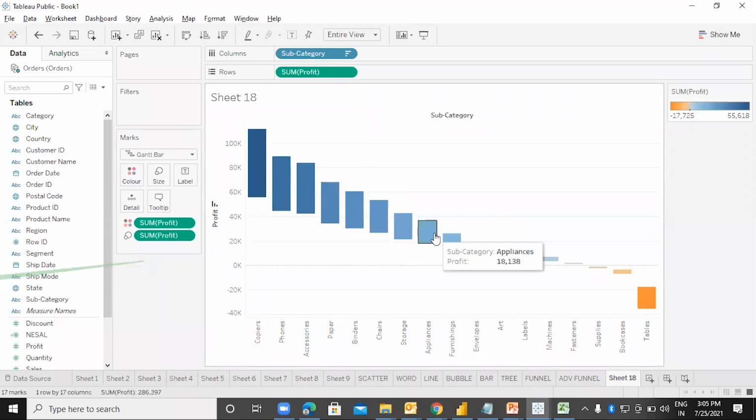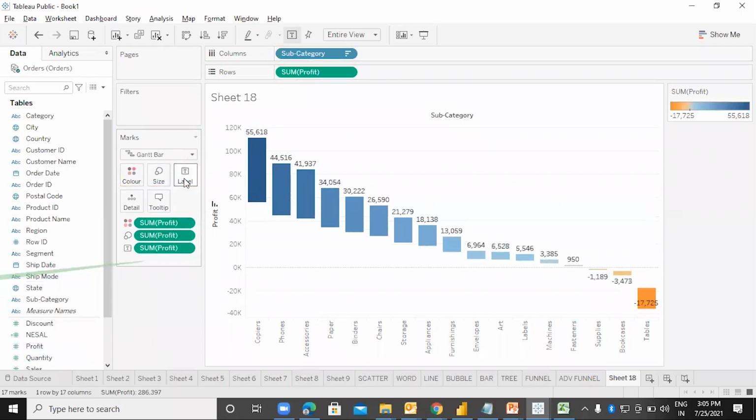So this is known as a waterfall chart, because it resembles a waterfall as the water is falling from the top to the bottom. And by sorting, you can change the direction of this. And in this, let me also display the profit as a label. So this is how you can get a waterfall chart.